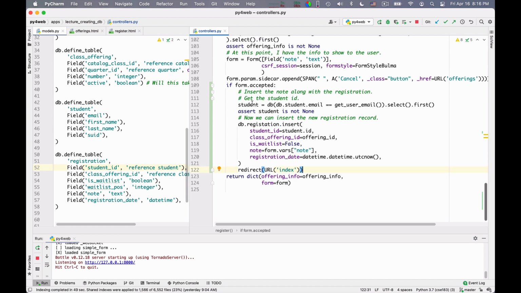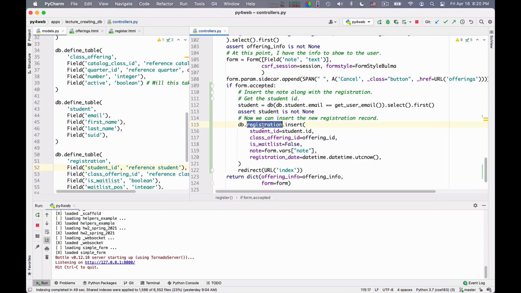So we have created a completely custom form, this one, and then I'm inserting the data, building the connections between the tables manually. Student ID, I'm gonna set it to student.id. Class offering, I'm gonna set it to the offering ID. And then I'm inserting the rest of the data.